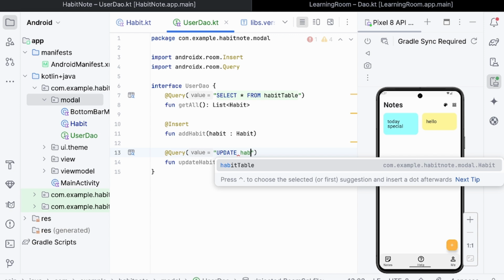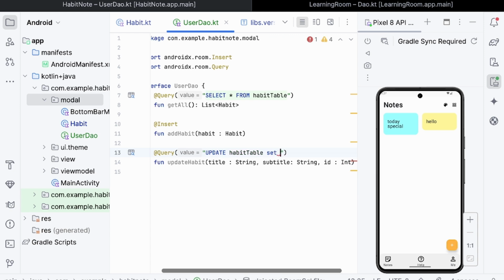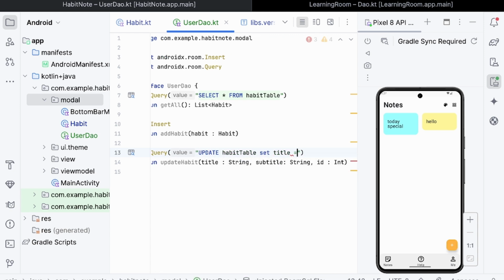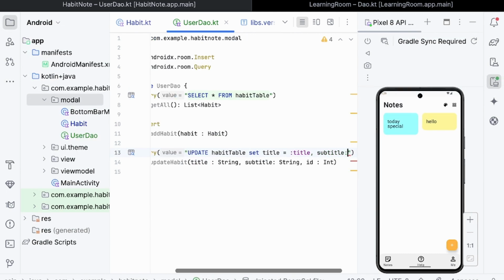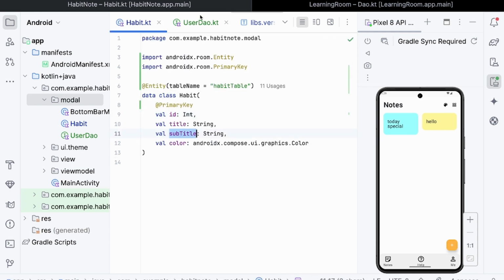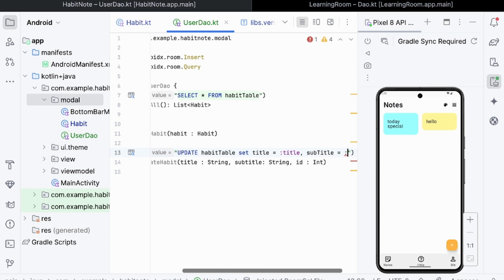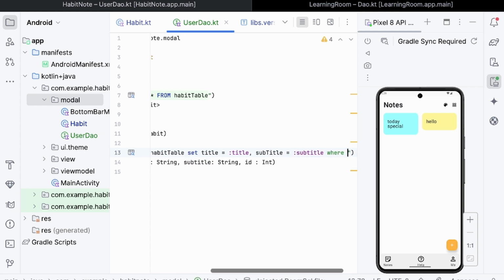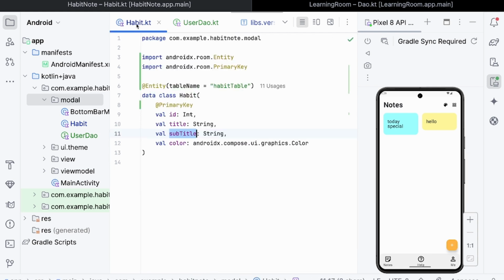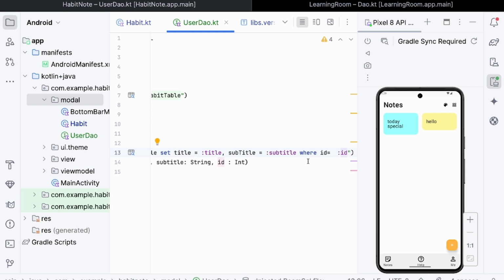So update habit table, set title equal to this title. This title is this. Subtitle, this subtitle, right? Where id, this primary id is equal to id. Okay,